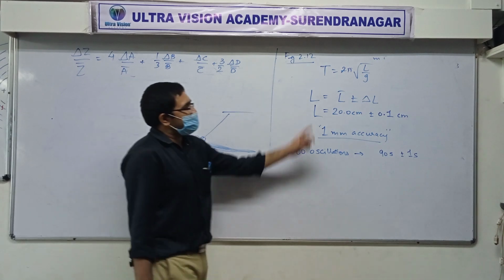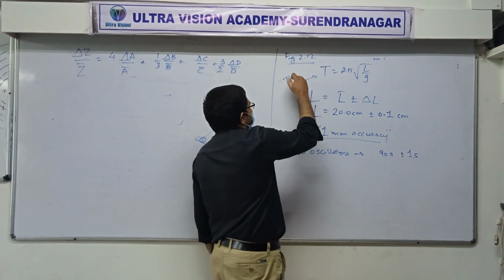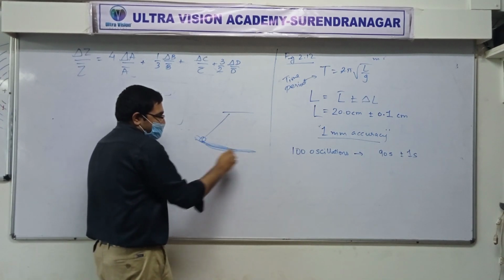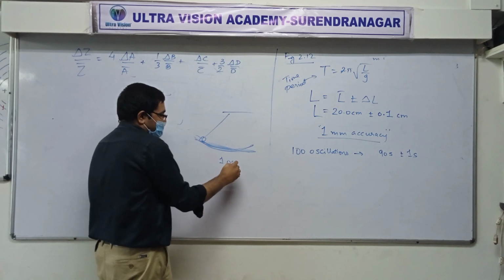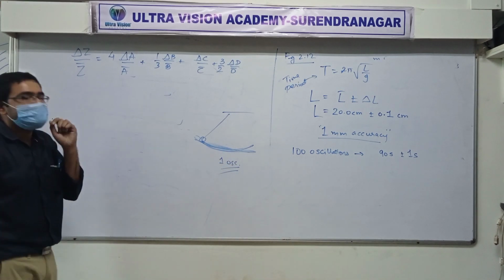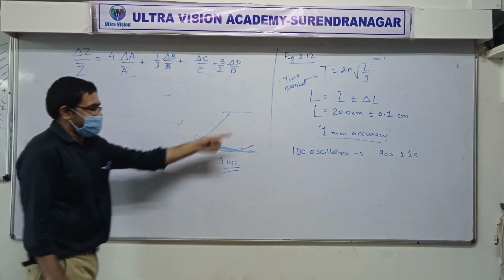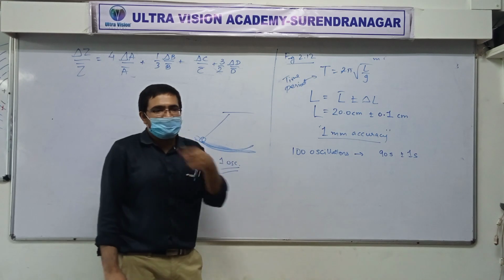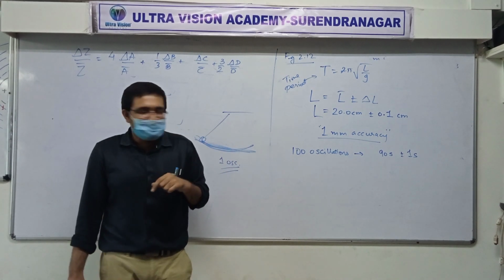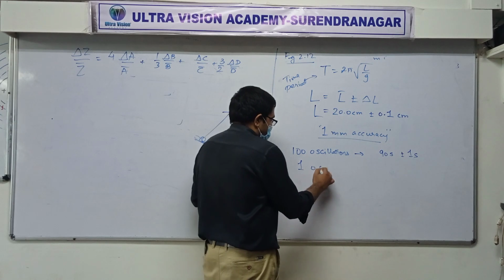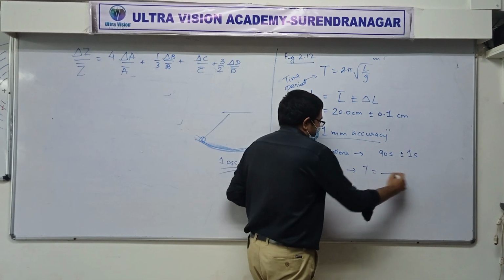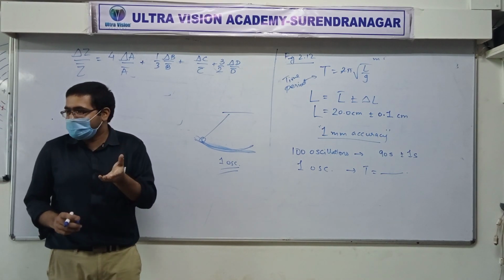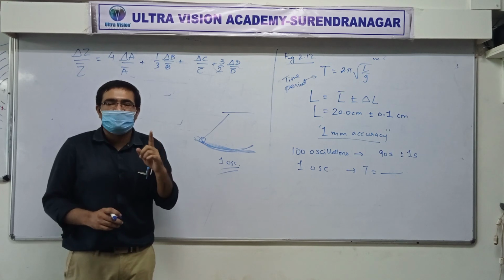Now, in this formula, this T is actually called time period. Time period means the time that the pendulum takes to go there and come back. Only one oscillation. Time for one oscillation is called time period. It goes there and comes back. That's it. But this was measured for 100, back and forth, 100. So if you want to find it for one oscillation, then that is called time period. When you find it for one oscillation, not for 100. For 100 it's not called time period. For one it is called time period.